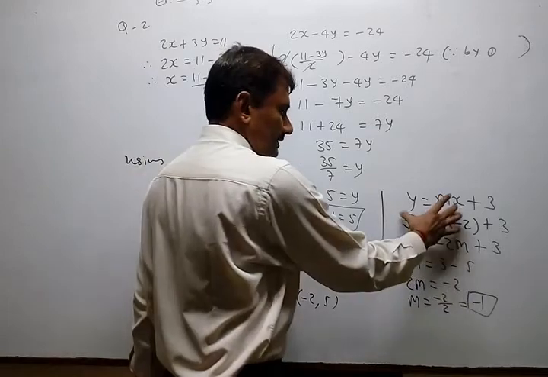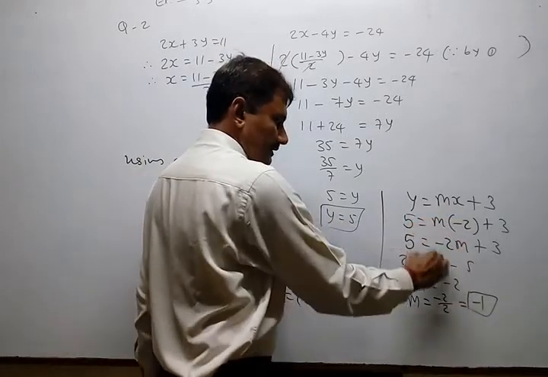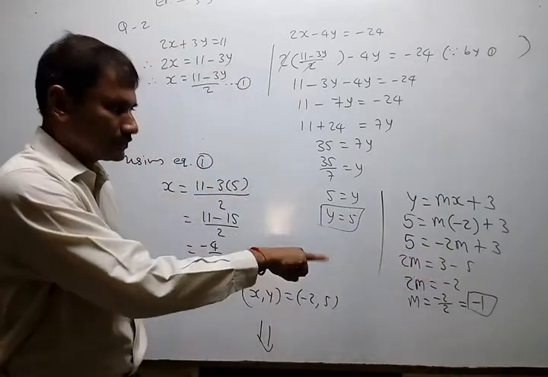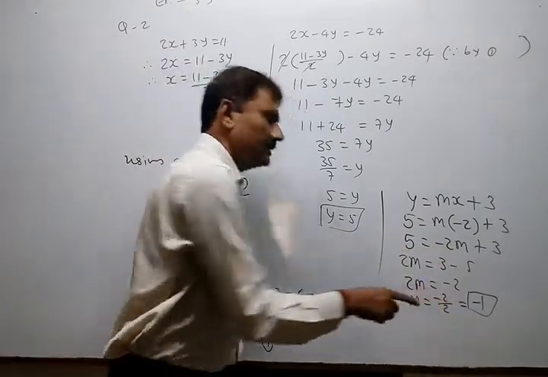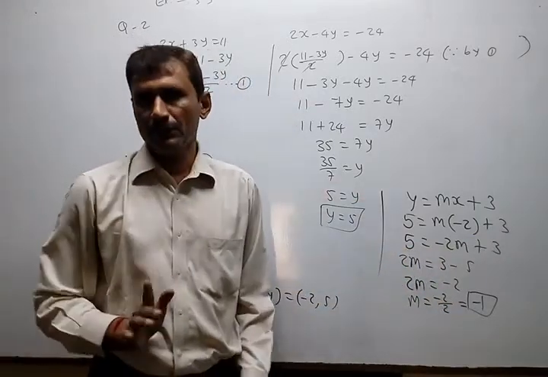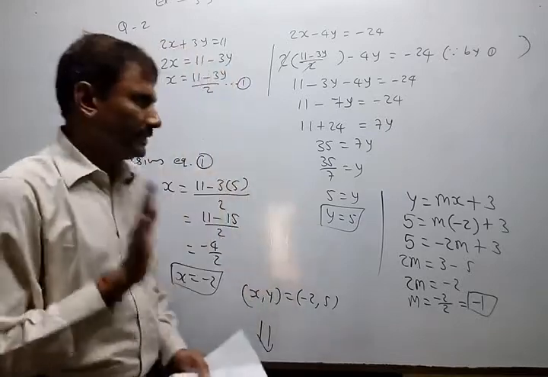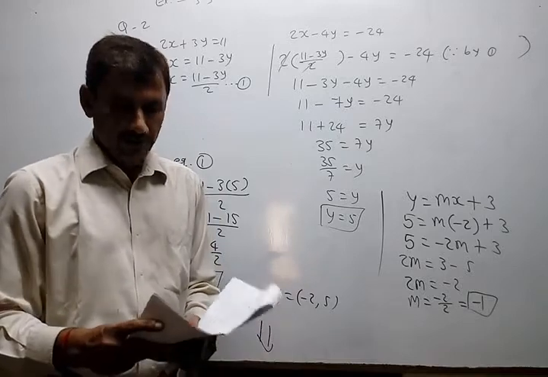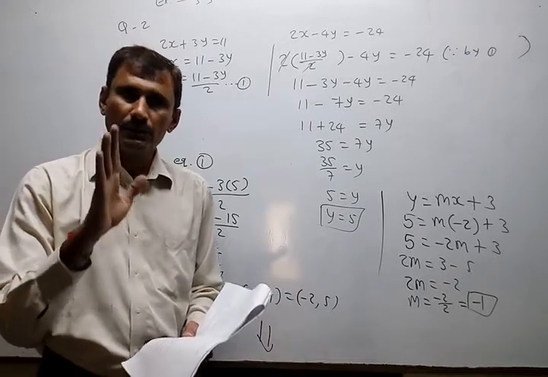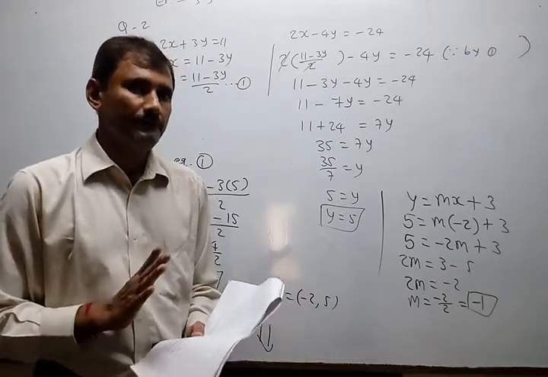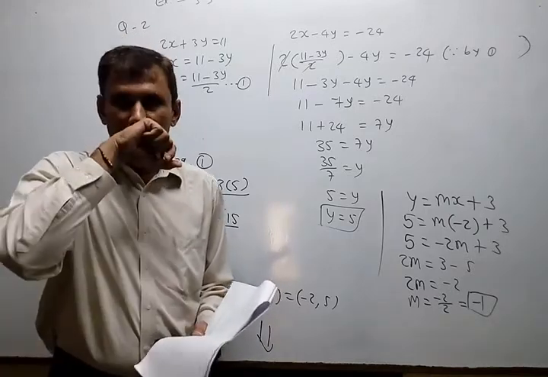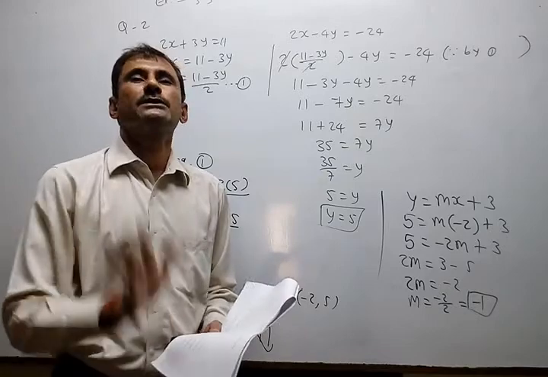So we just place both values: minus 2m plus 3, 2m is shifted here, so 5 over there, minus 2 left there, minus 2 upon 2, plus minus minus sign, and 2 upon 2, 1. Okay. So repeating, only this part is new. But don't get confused by 3 equations. First of all, only 2 equations are to be considered. After getting x and y, place both values in the third equation.